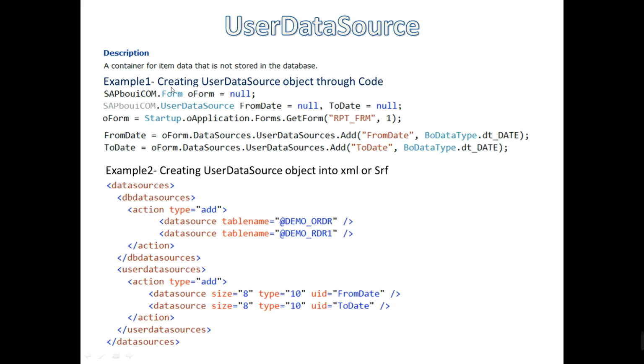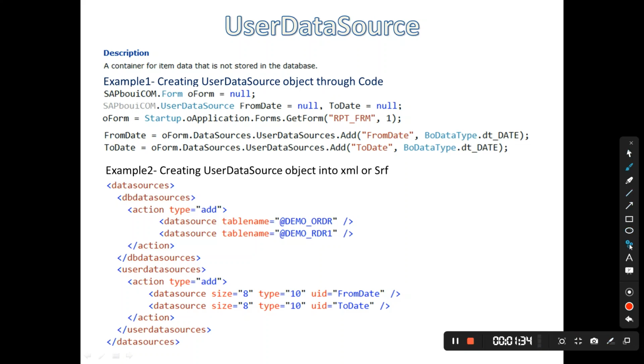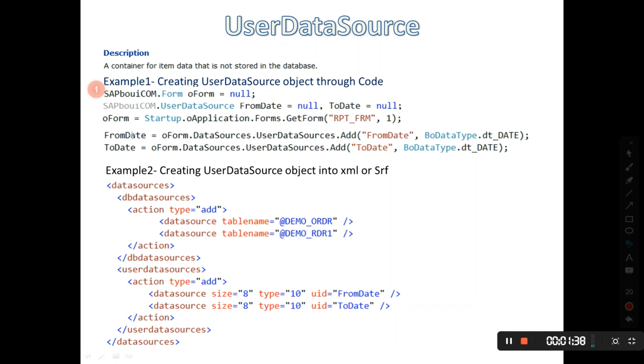In the first example, we are creating a user data source object through code. With the help of the form object, we are creating the user data source. So I have declared a form variable here. In the second statement, I have declared two user data sources, namely from date, and the second one is to date.